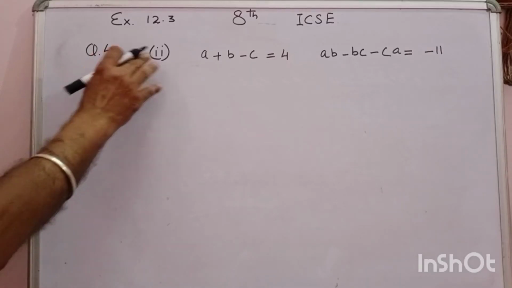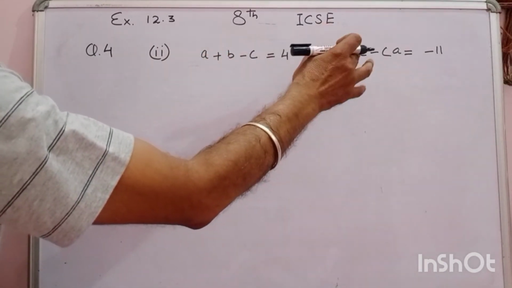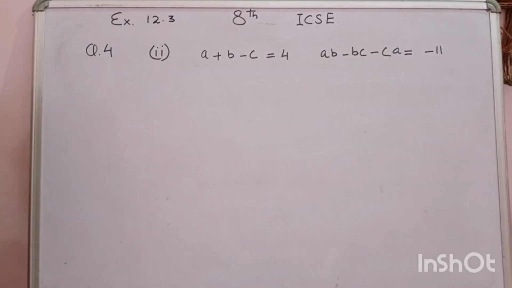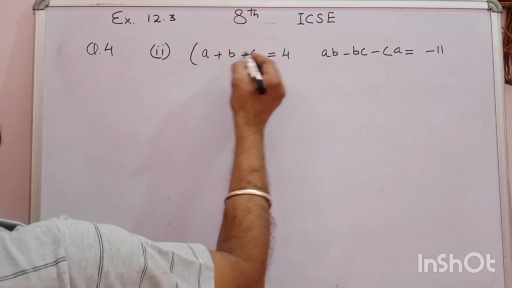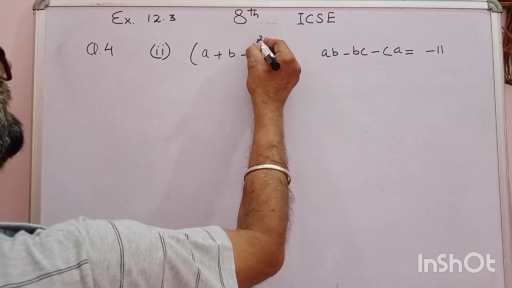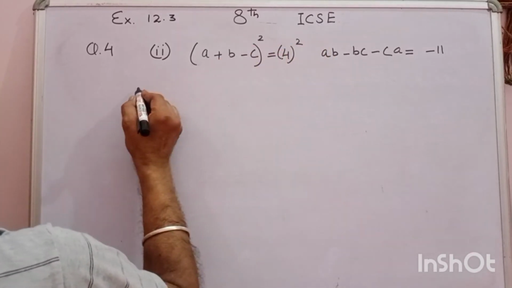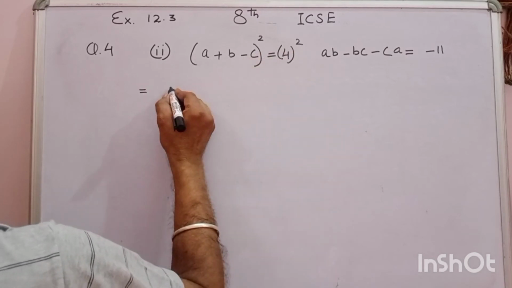Question number 4, part second. If A plus B minus C is equal to 4, AB minus BC minus CA is equal to minus 11, find A square plus B square plus C square. Now we know that we will get A square plus B square plus C square by taking the square of both sides. Now when you will take the square, we will use the identity A plus B plus C the whole square is A square